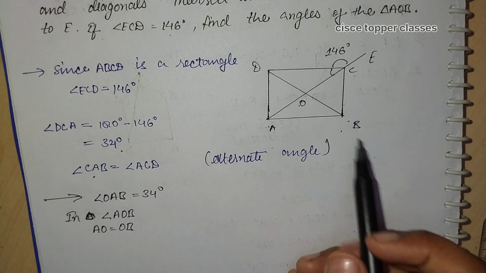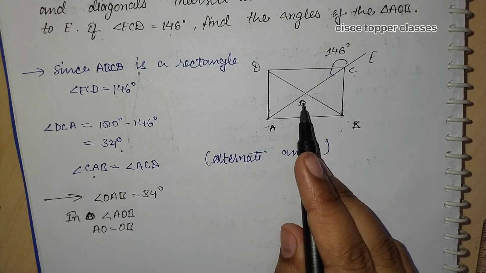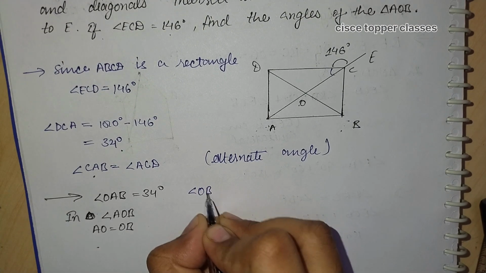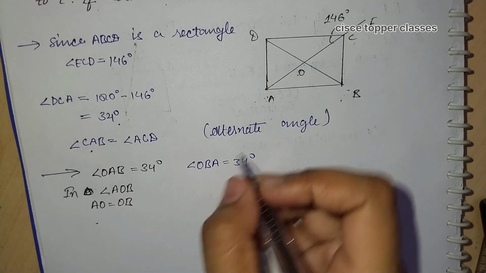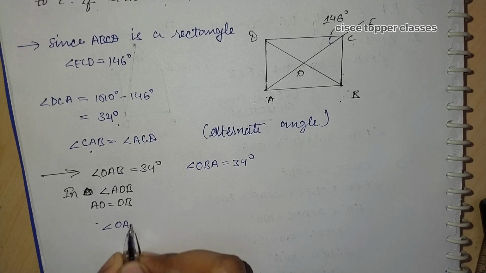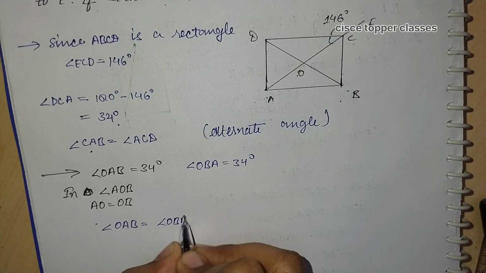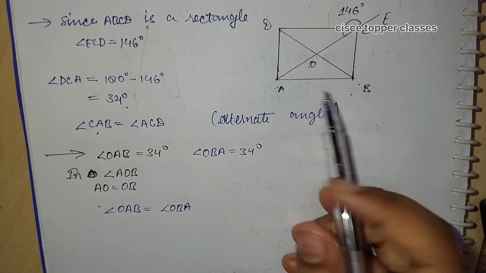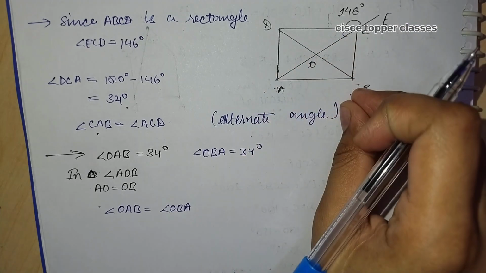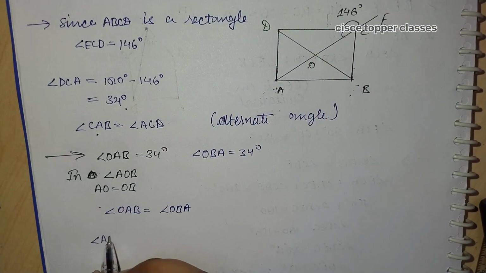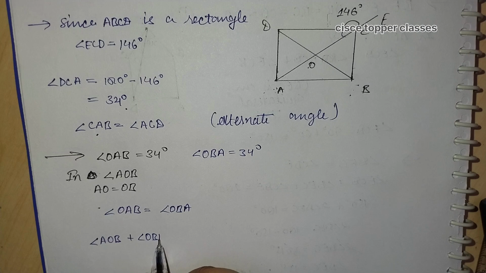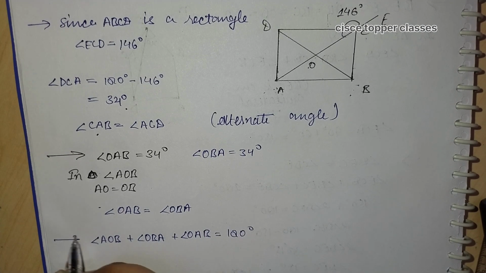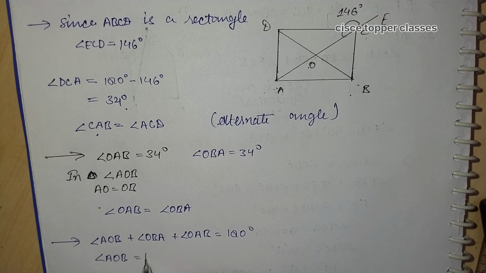So as OA is equal to OB, we can write OAB is equal to 34 degrees, meaning OBA is also 34 degrees. So we can write angle OAB is equal to angle OBA, because the two sides are equal. And we can write the sum of the angles of the triangle as 180. So angle OAB plus angle OBA plus angle AOB is equal to 180 degrees, and from this we can write angle AOB is equal to 180 degrees